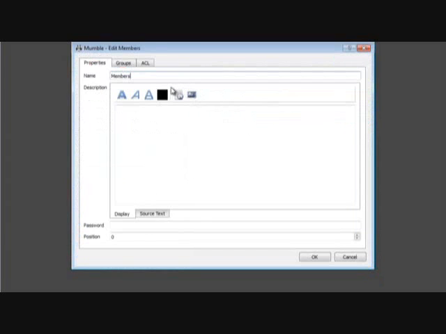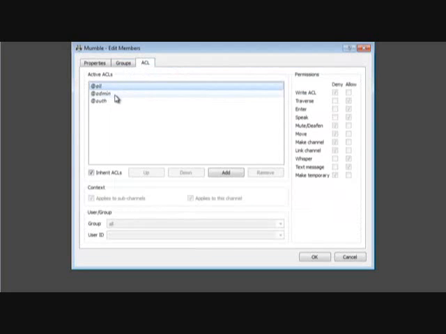The next thing I'm going to do is set up permissions on the members channel so that all authenticated users can enter this channel. Now, by default, we have this at auth entry that's been inherited from the parent channel, but because it's been inherited, it means